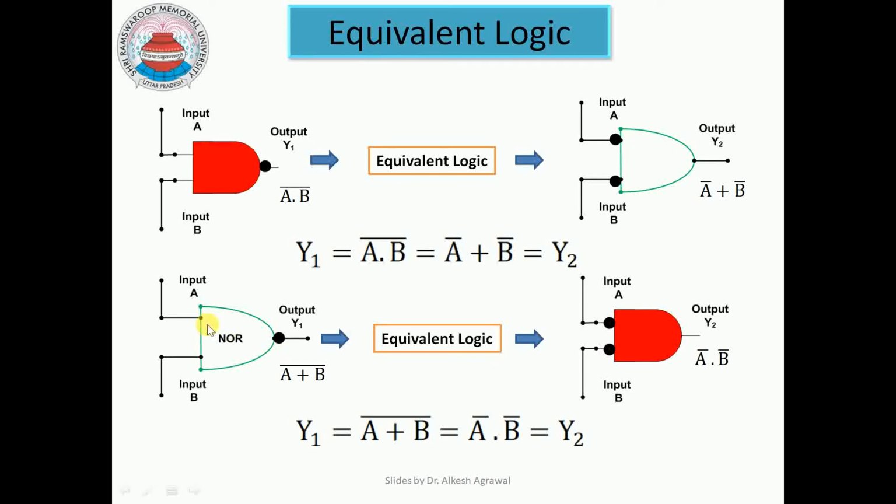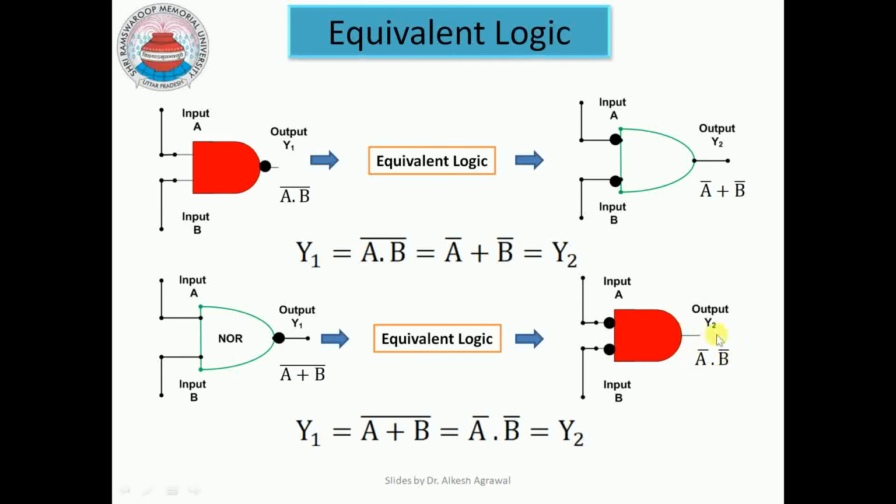Similarly, in the NOR logic gate, what we are getting as output is (A or B) inversion, which is A inversion and B inversion. So this A inversion and B inversion can be implemented through this invert AND logic. So this is OR invert logic, which is equivalent to invert AND logic. That is, we are giving input A through this inverter, we are giving input B through this inverter, and both inputs are being ANDed. So we have A inversion and B inversion.